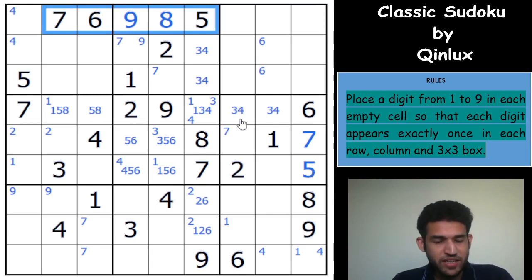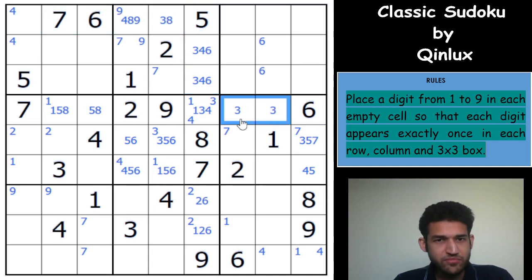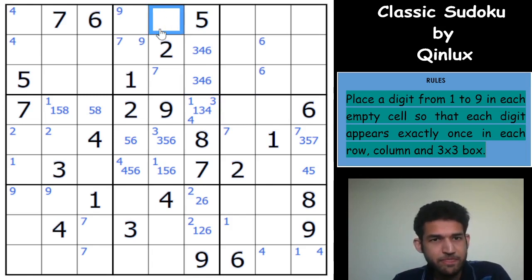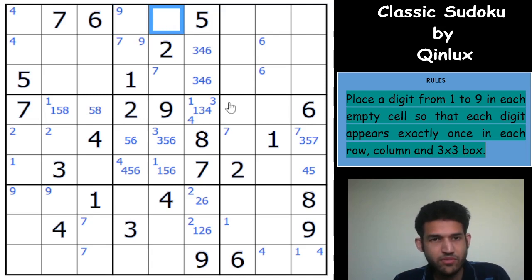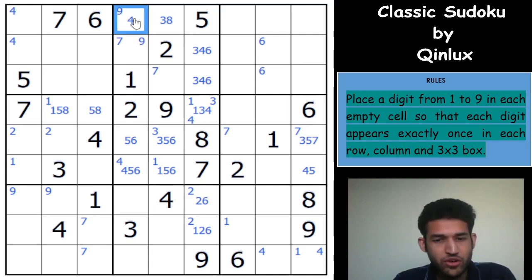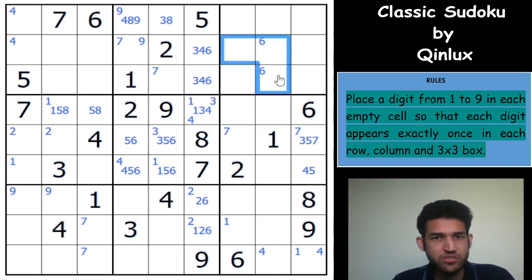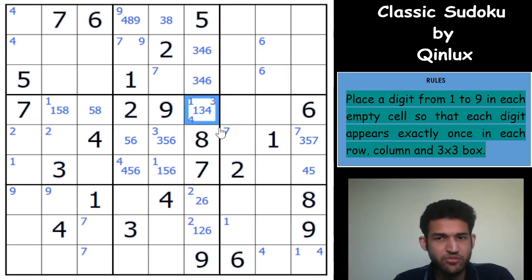So now we are certain that this cell has to be, let me write the pencil marks here. This was 3 and 8 and this was 4, 8 and 9, right? Now we can eliminate the 1 from this cell, right? Because if this is 1, we get a 3, 4 here and a 3, 4 here, and that would force this crushing effect on the Sudoku. So this cell has to be a 3 and 4,